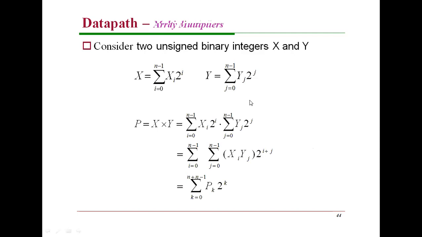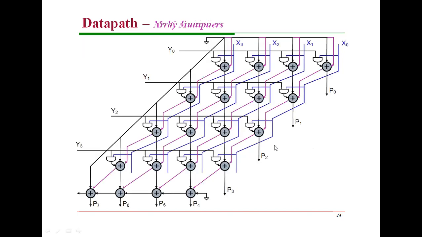Okay, consider 2 unsigned binary integers. Say these two things, product pk is a product, k is an input. I have already told you that operation. Here x and y are the inputs. I have to multiply y0 with x0, x1, x2, x3. Second, shift right, and y1 has to multiply with all of x. Y2 has to multiply with this one, and y3 is multiplied with all these things. The product terms are p0, p1, p2, p3, p4, p5, p6, p7. Okay, it is an array multiplier. This is one of the important diagrams.